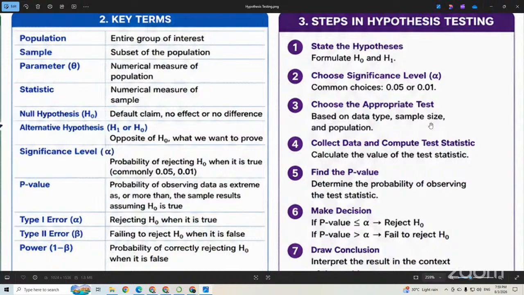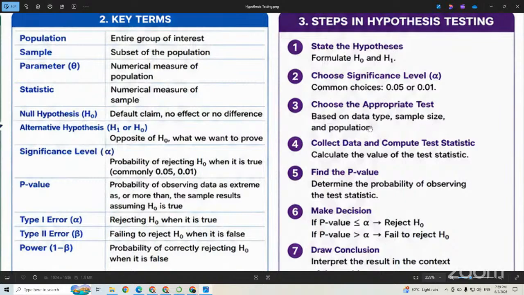Then choose the appropriate test. There are different tests: a t-test, an ANOVA test, a chi-square test, and along with these there are several types of tests. All the types of tests which are essential and which you can apply, I try to introduce here. Some of them I will present here, and some of them you can try yourself. I'm not able to present all the tests here, but I will present how you can apply them.